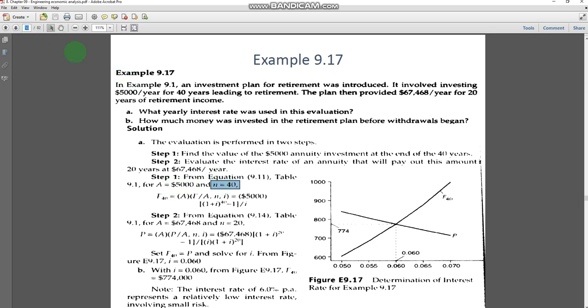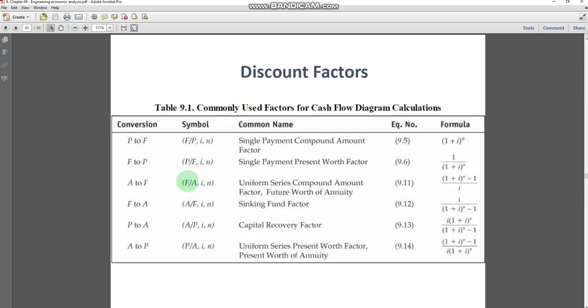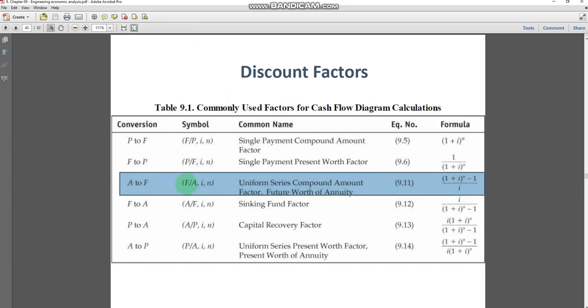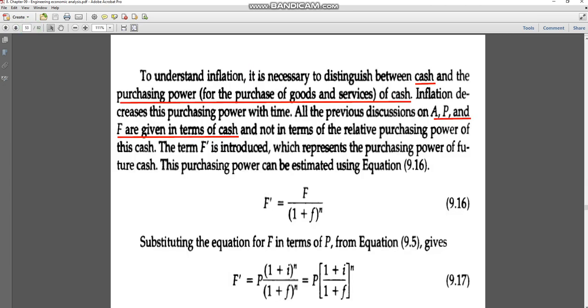So we will go back to the equation 9.11, which is given to you on the slides. Here we can use an equation in which we have the relationship between the final amount and the annuity. The annuity can be multiplied on the right hand side, and the interest rate we can actually find from here. Okay, so we will use this equation 9.11 and see what we have.